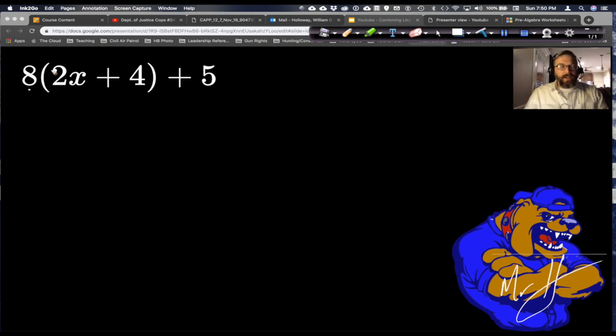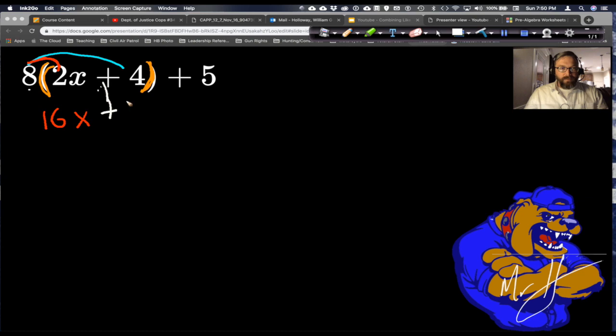I need to go on ahead and get rid of these parentheses right here and here. And as we've learned, the only way I can do that is to go on ahead and distribute. So I'm going to distribute this 8 into the 2x, and then I'm going to distribute the 8 into the 4. So first things first, 8 goes into the 2x, so 8 times 2x, well, 8 times 2 is 16x, and then I keep my plus